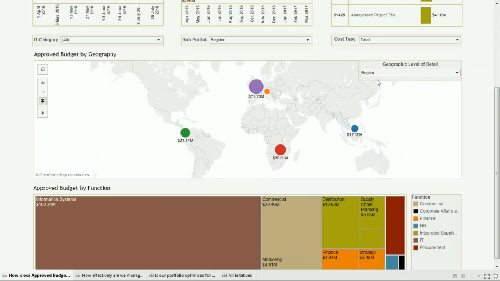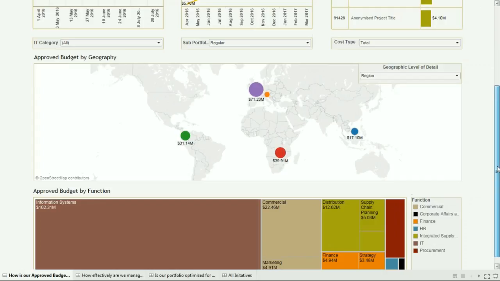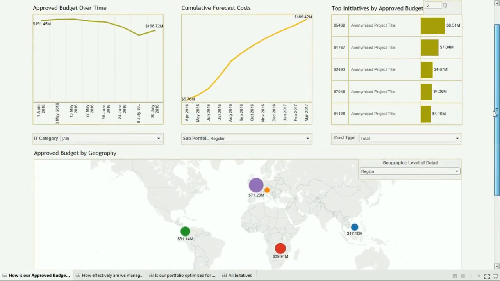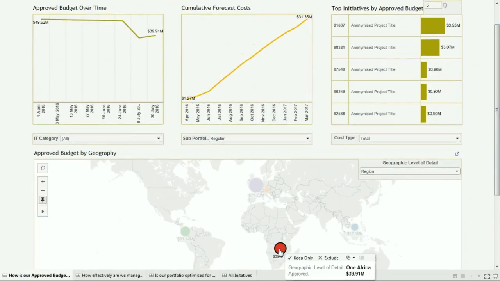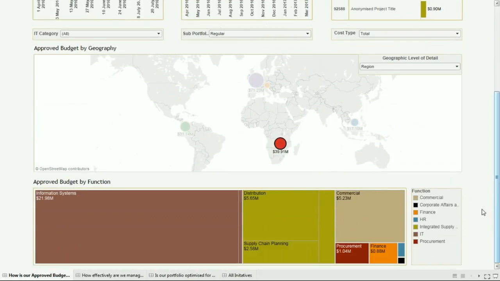For the country level, you've got stakeholders such as the IS leader within the country, who could present to his or her management the status of that portfolio. From a regional view, this would be useful for our regional CIOs who have sessions with their management team, or also their combined leadership team. If they wanted to look at the initiatives across all of their associated countries, they could do that to understand what our current spend against the budget is, what our top initiatives are in terms of spend, and what our mix of spend is across the different business functions.